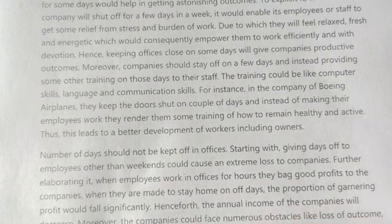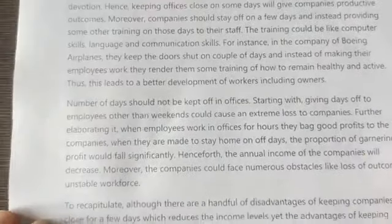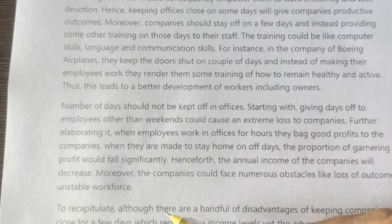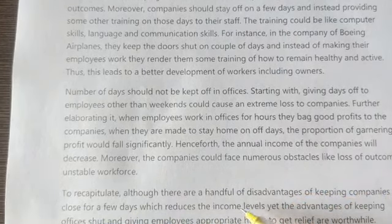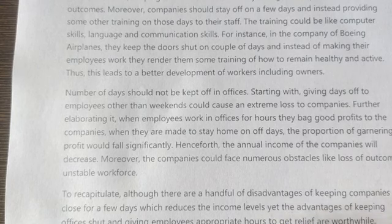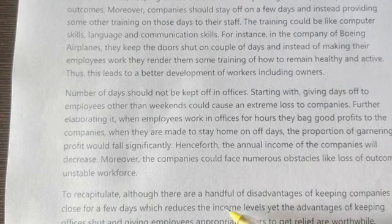Moreover, the company could face numerous obstacles and problems like loss of outcome and an unstable workforce. These are other disadvantages of closing the company for a few days a week. To recapitulate, in conclusion, although there are some disadvantages of keeping companies closed for a few days, which reduce the income level of the company,